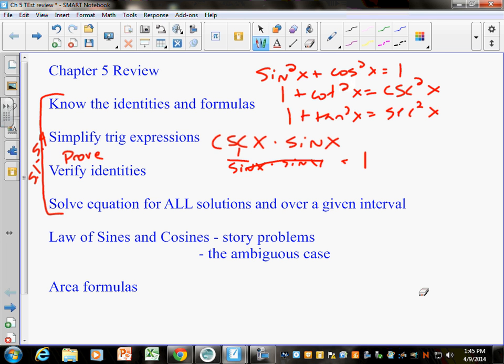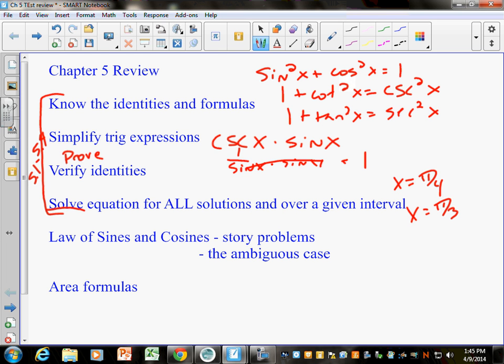Remember with proving identities, you can't square both sides, or multiply both sides by 7. You're really supposed to just pick one side and work with it and make it turn into the other side. But when it says solve, remember that that's an equation. You want to solve it and you want to get answers like x equals pi fourths, x equals pi thirds. That's where you can square both sides. You can add 7 to both sides.